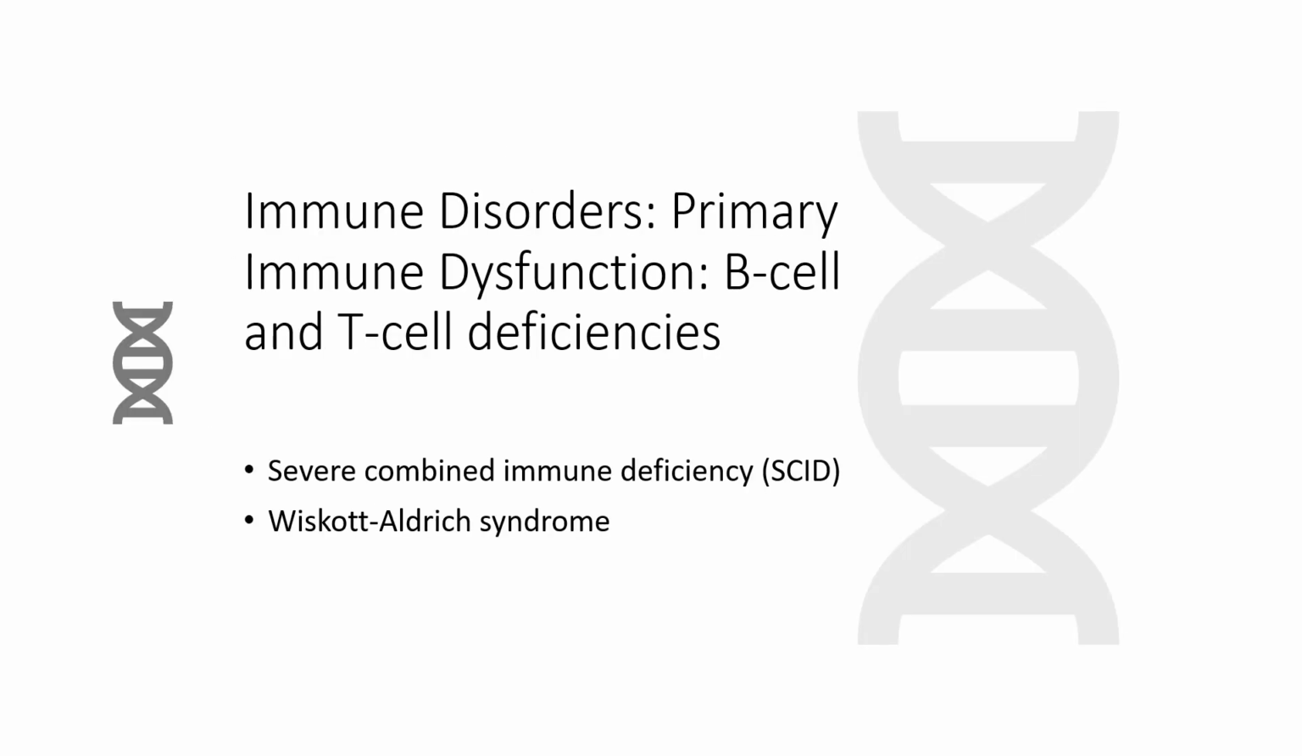So we have a couple B cell and T cell deficiencies that are combined. So there's severe combined immune deficiency, known as SCID. It's potentially fatal and it's a primary immunodeficiency. This involves a combined absence of T lymphocyte and B lymphocyte function, and there's at least 13 different genetic defects